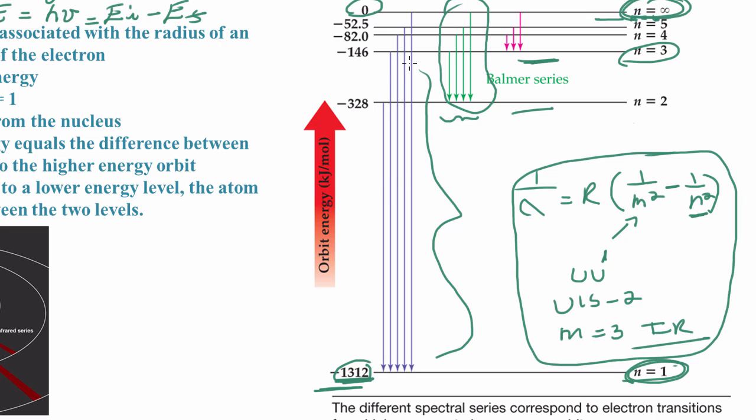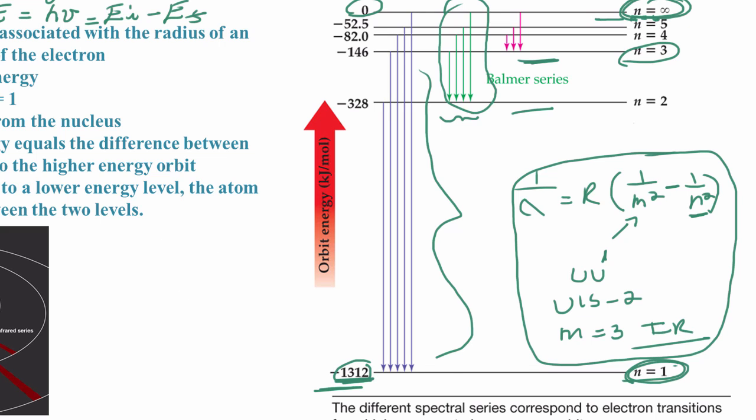Another way to look at this depends on how you're looking. Are you looking at a transition from n equals 1 to n equals infinity? That would be the ionization energy. But if you're looking at it from n equals infinity down to n equals 1, then that means that when an electron is added to a hydrogen ion, there's 1,312 kilojoules of energy released. Turns out energy is released when electrons are added and absorbed when electrons are removed. That makes sense because you need energy in order to